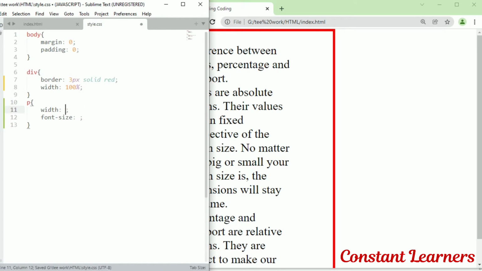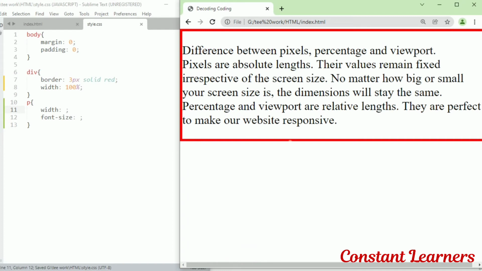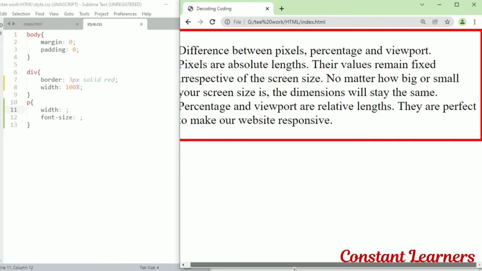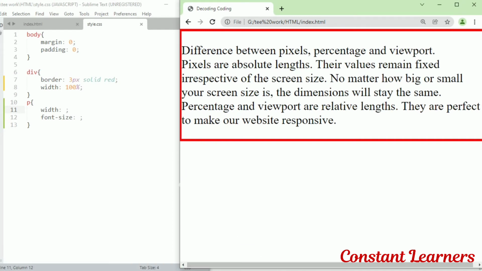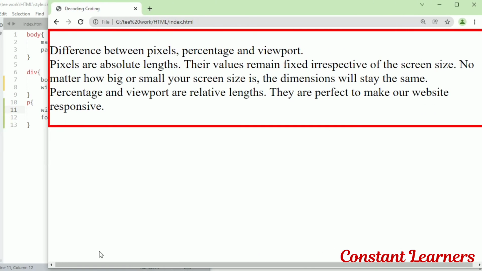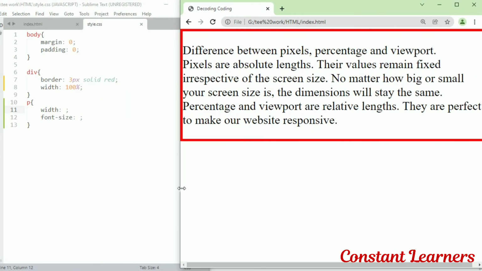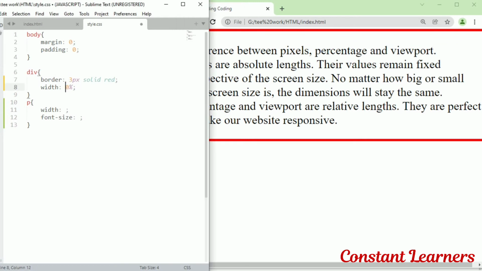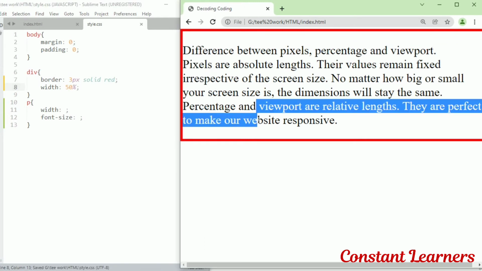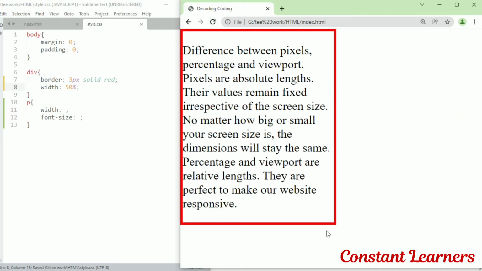See, the div covers the complete width of the screen because we have set the margin padding for the body to be 0, and that is why the div is covering the complete screen. Okay, now if we set the width to be 50%, the div will take only half of the screen because div's width will be 50% with respect to the body. So you can see now my div has taken 50% of the area of the total width,